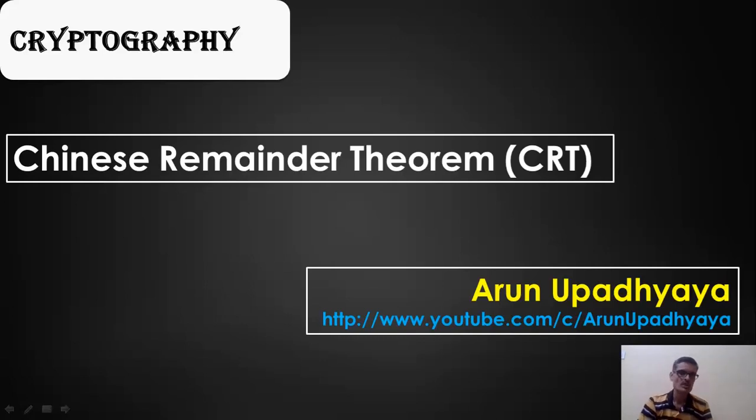In this video, the Chinese remainder theorem is used basically whenever we are working with large numbers in cryptographic algorithms. We can decompose that large number into some smaller numbers by taking residues modulo, and we can do arithmetical operations. This is the advantage of the Chinese remainder theorem. So how is CRT used to decompose a larger number into smaller numbers, perform arithmetical operations, and convert back into the large number? Let us understand this with examples.